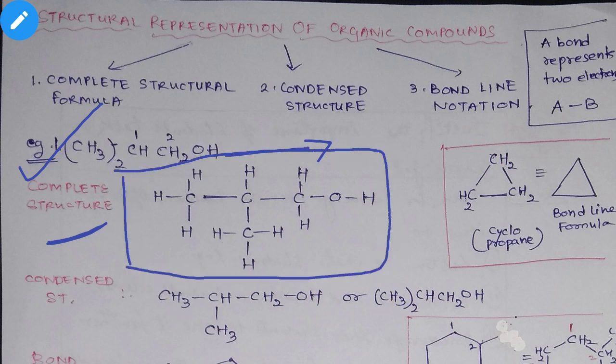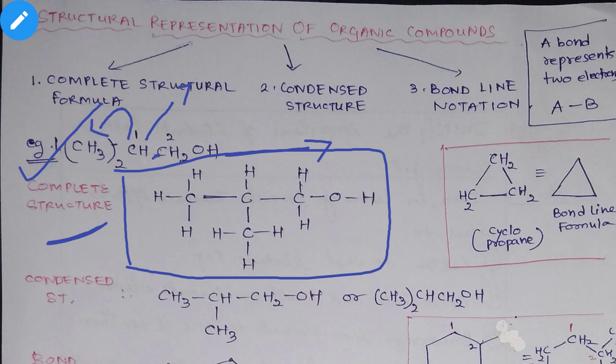Here you see CH3 two times, right? This CH3 whole 2 is written, then CH is written. Remember, this CH3 whole 2 is connected with this CH, that's why it is written CH3 whole 2, then CH. We know that carbon is tetravalent, right? Since there is how many hydrogens? One hydrogen. That means the other three bonds, and one hydrogen, one bond is present between these carbons.